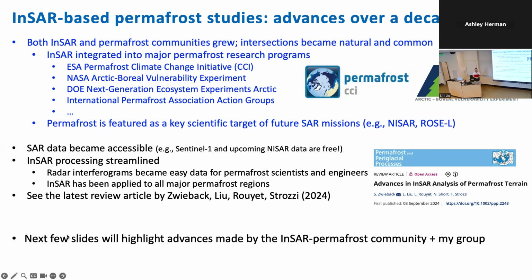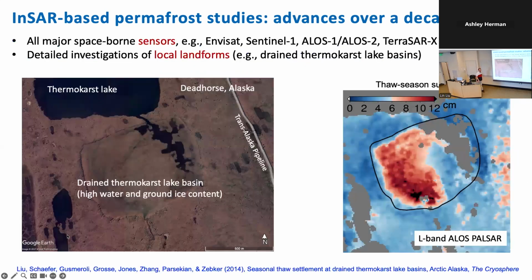It's been applied over the years not just to Alaska, but all over the major permafrost regions, because we have 18 million square kilometers of area to look at. If you're interested, we just had a review paper come out last week, summarizing the advances of InSAR analysis for permafrost terrain. In the next few slides, I will highlight a few changes we made through the community and my own group. First of all,